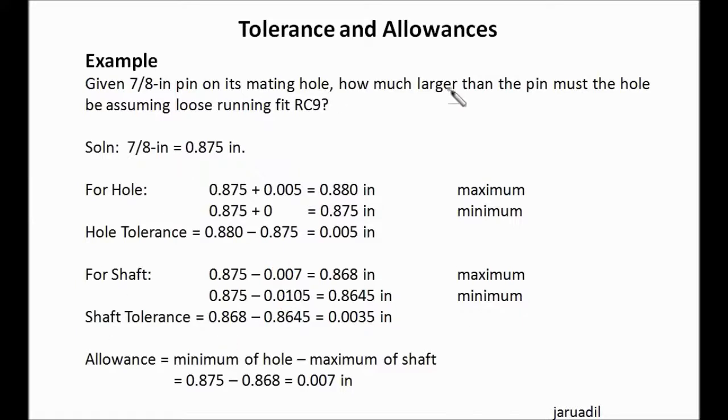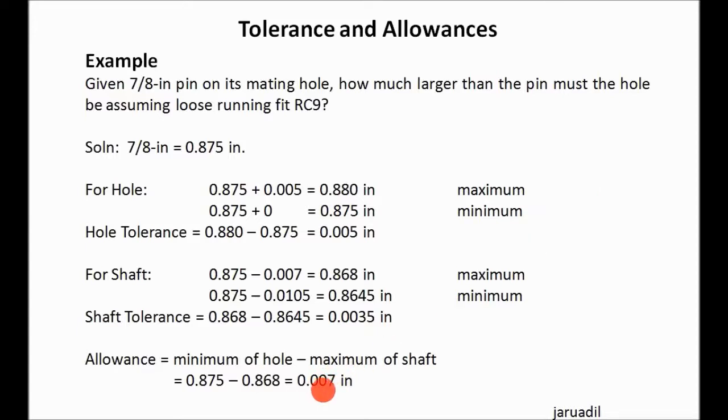So, the question is, ano yung allowance? How much larger than the pin must the hole be? So, ang hinahanap dito yung allowance, di ba? How much larger than the pin must the hole be? Yung comparison. So, ito yung allowance, the minimum of hole, minimum dimension of hole, which is 0.875 minus maximum of the shaft, 0.868. Natural naman kasi minimum ng hole minus maximum ng shaft, yung pinakamaliit na hole, tapos pinakamalaking dimension ng shaft,